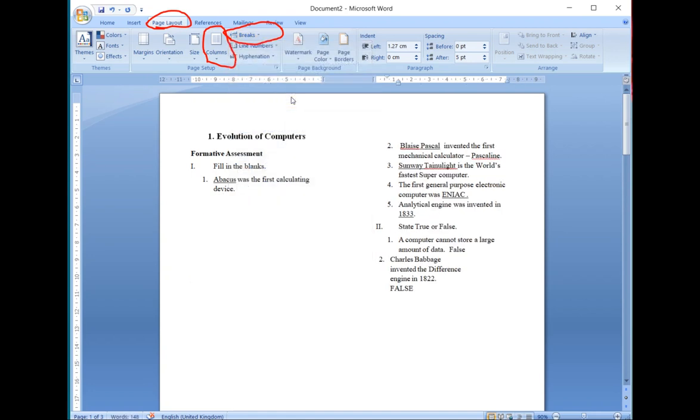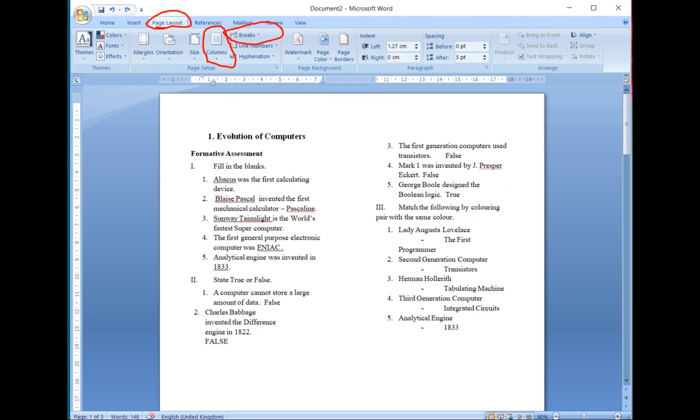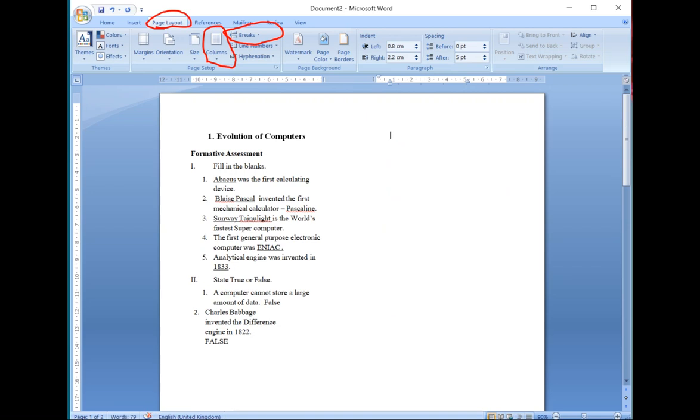So I'll just click on the columns option in the drop down menu. What will happen? The column will change from here and the text which is present below the cursor will go into our next column. I'll show you one more time.